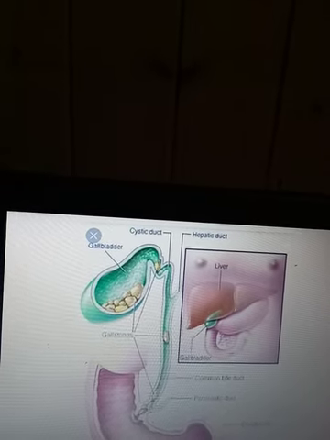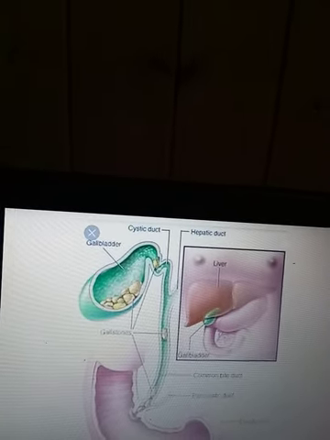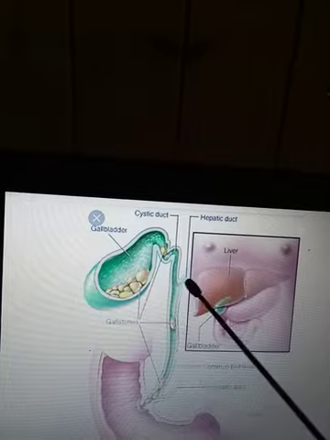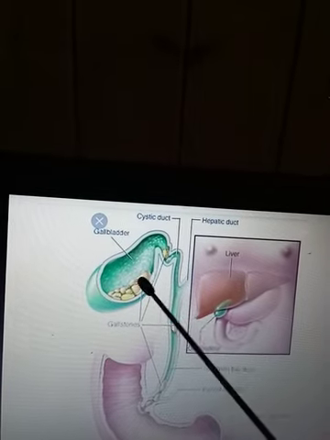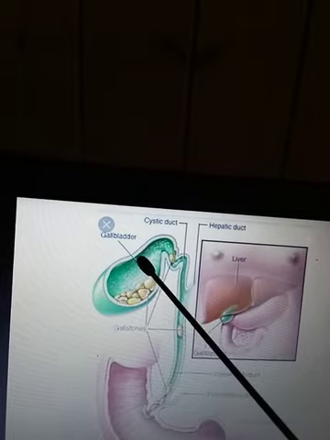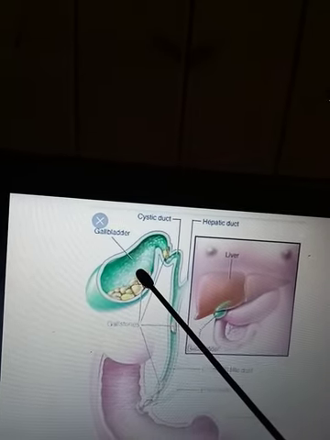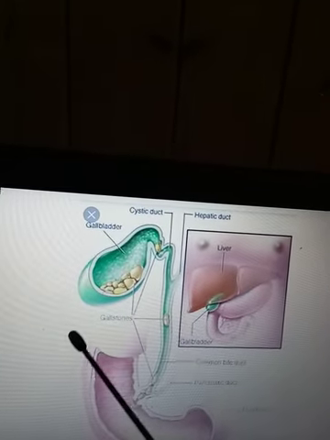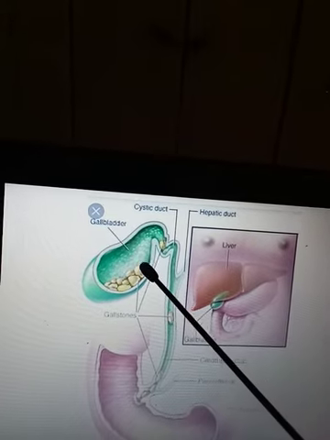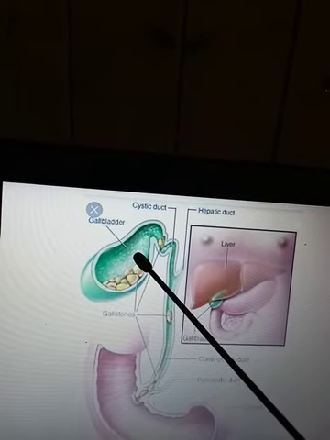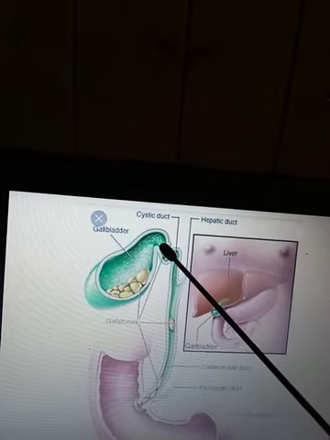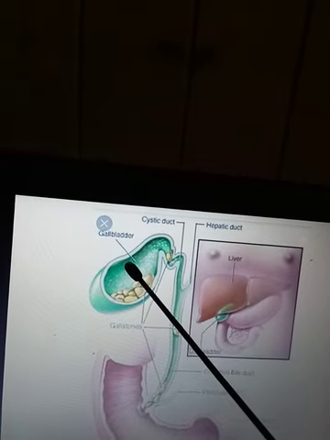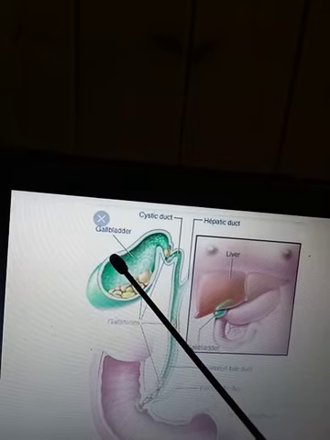What is Courvoisier's law? Whenever you have a true extrinsic obstruction, like a tumor in the pancreas obstructing the bile externally, by giving the external pressure the gallbladder dilates. The gallbladder dilates when there is extrinsic obstruction. Whereas in intrinsic obstruction, that is when there is a stone impaction somewhere, the gallbladder shrinks because fibrosis occurs there. That is why the gallbladder shrinks.